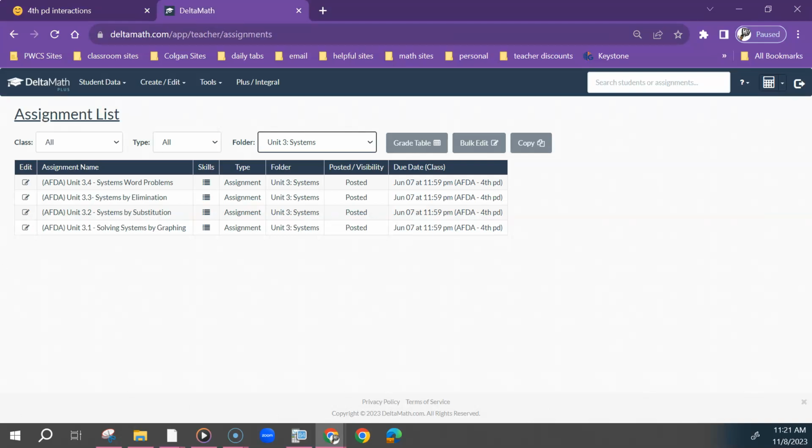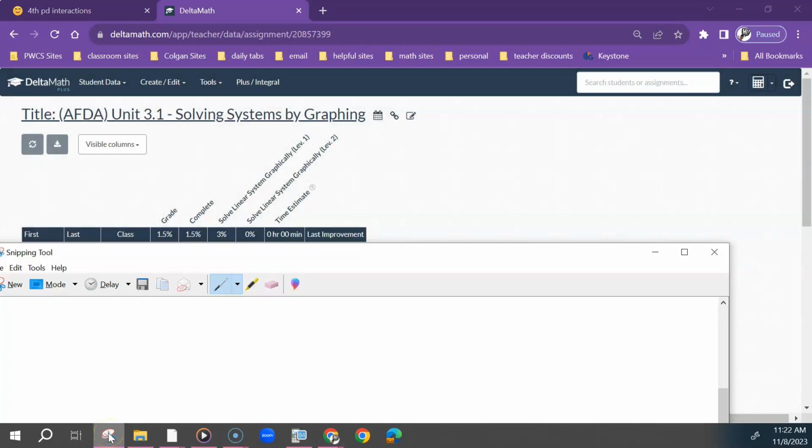If you do your Delta math, so when I check them, like today I'm going to check them, they're usually assigned to be due on a Friday, or in this case, tomorrow. There are some due tomorrow. The ones that were due last Friday were the graphing and the substitution. If I go into this, the completion numbers, I know it's a little hard to see, says 50%, that means all of you did something in this and completed at least 50% of the assignment. I have a gumball machine, and you can all get a gumball. If you get it to 100,